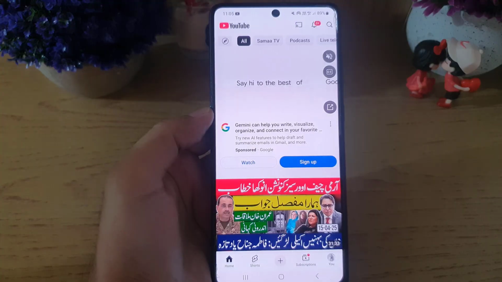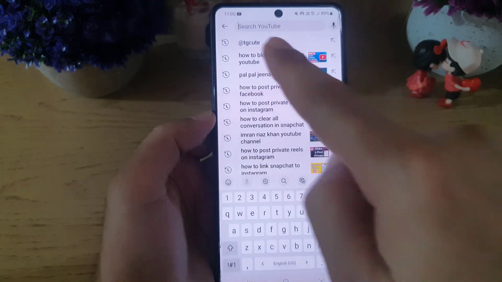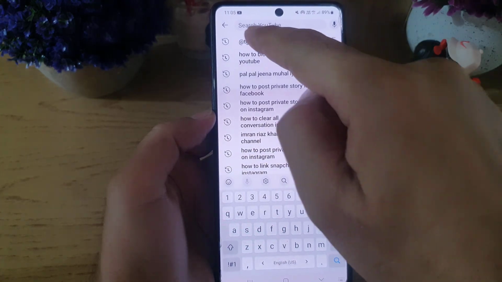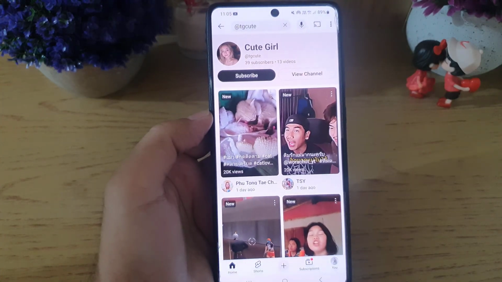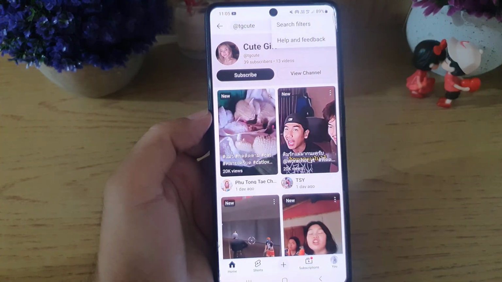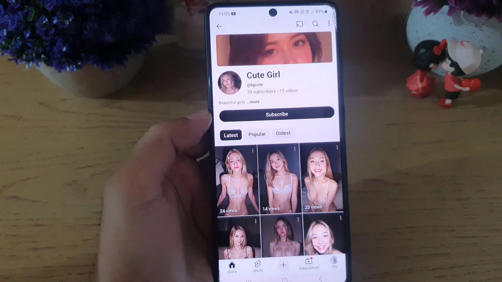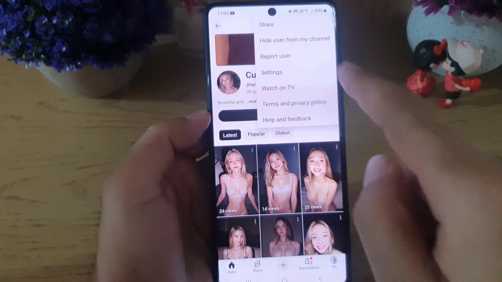So guys, once you open the YouTube application here, all you need to do is to tap on the search for the person that commented on your video. All you need to do is search for that person. You will find the person's channel here. All you need to do is to tap on the three dots here. First select the channel, then tap on the three dots, and here you will find the option hide user